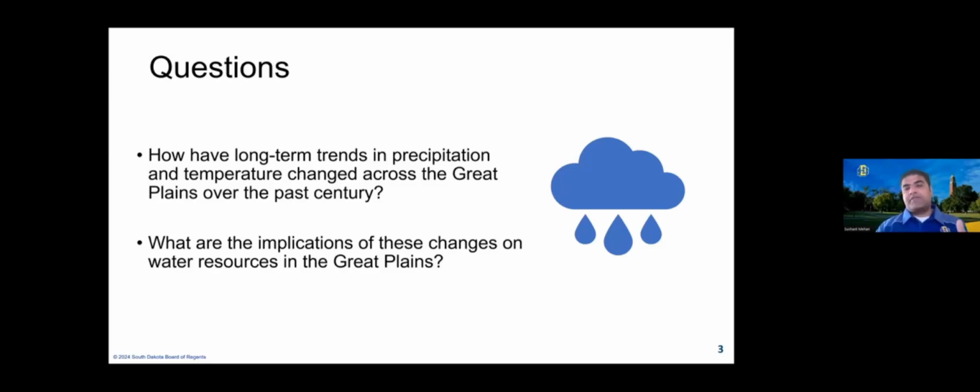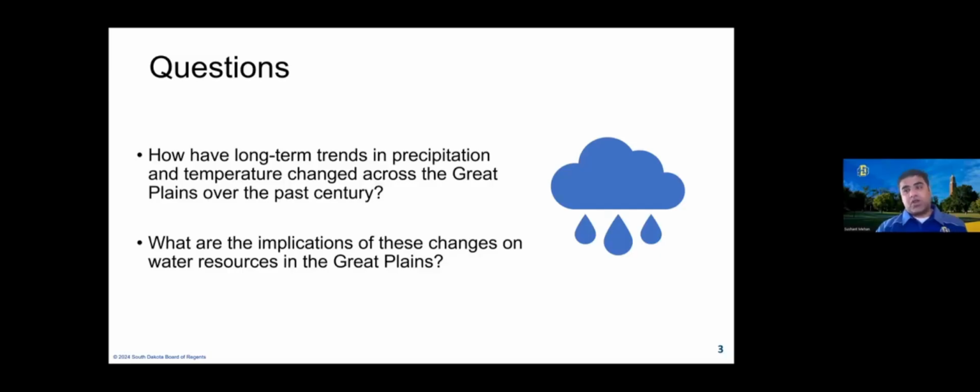Changes in precipitation affect the availability of surface water, groundwater recharge, and soil moisture, which are all very crucial for agriculture, industry, and municipal water storage in the region. Increased temperature also leads to increased evapotranspiration rates, further stressing water resources. If these trends continue, water scarcity could become an even more pressing issue, influencing everything from crop production to the health of local ecosystems.